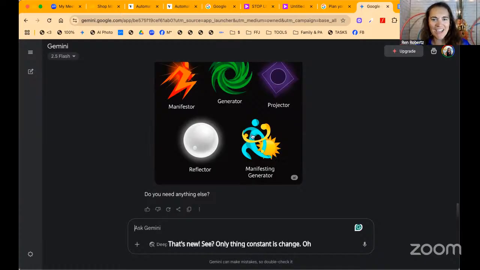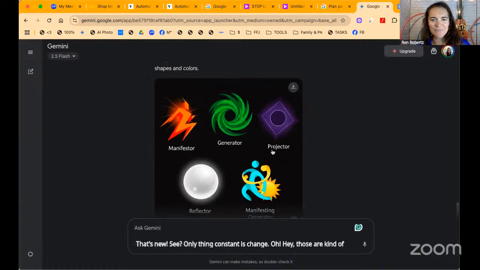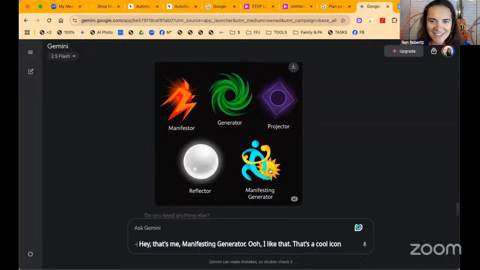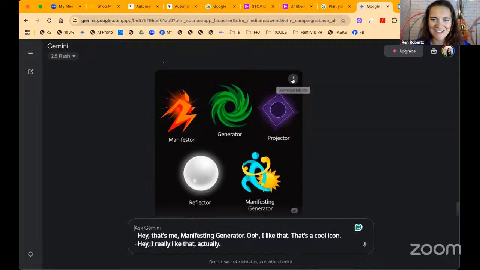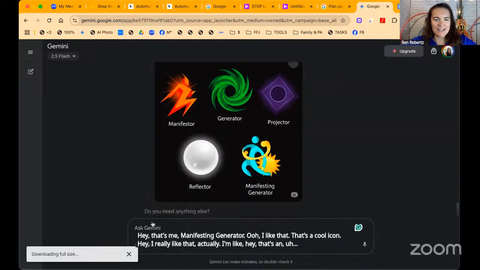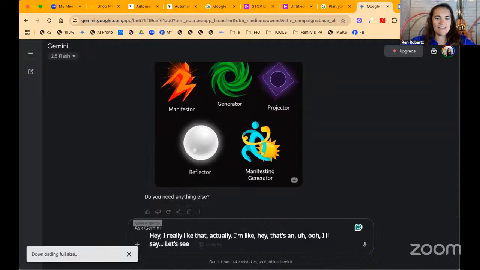Oh, hey, those are kind of cool. Hey, that's me, manifesting generator. Ooh, I like that. That's a cool icon. Hey, I really like that actually. Let's see. Yes, I really love the last image of the